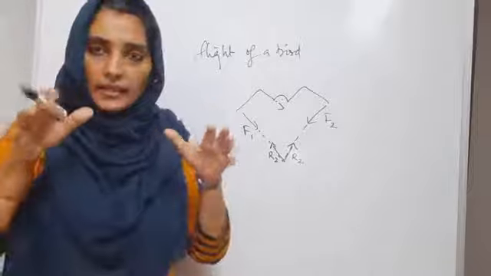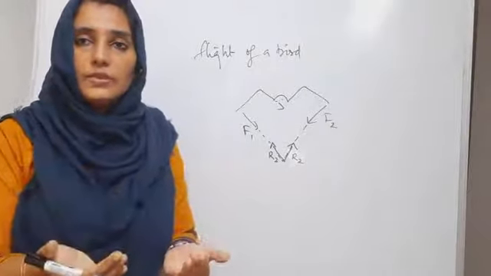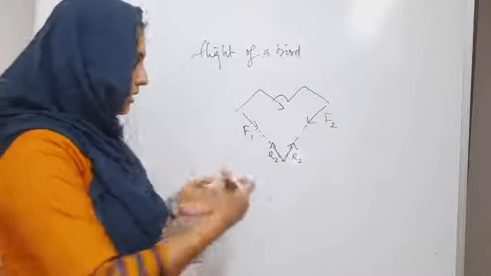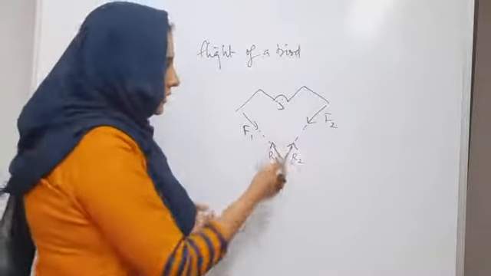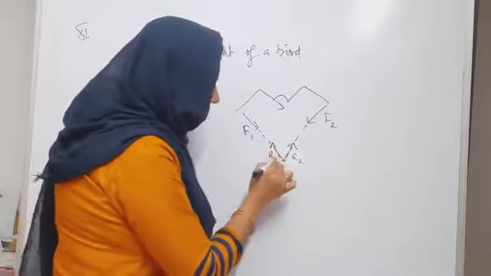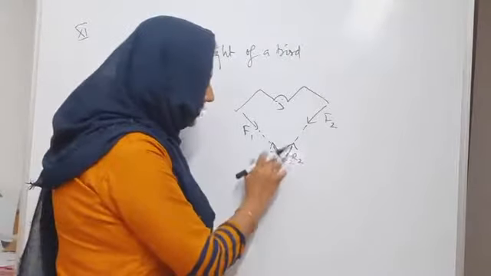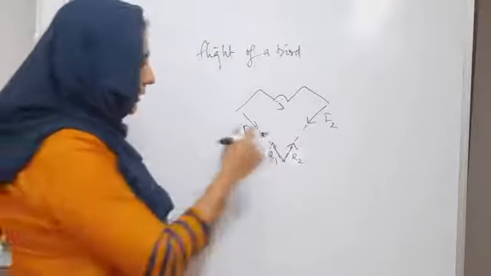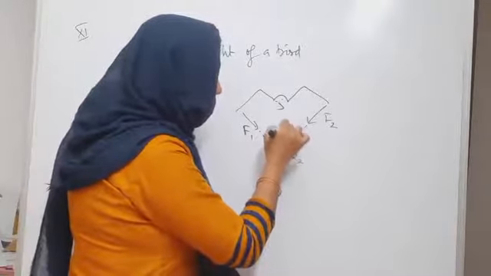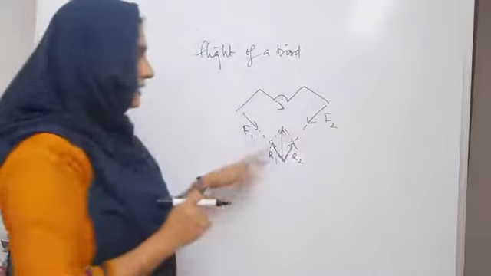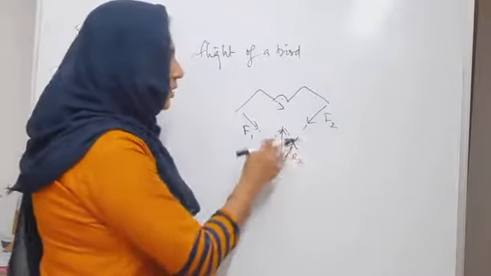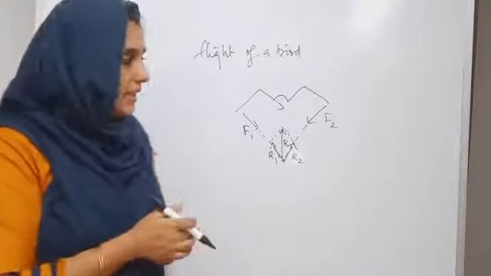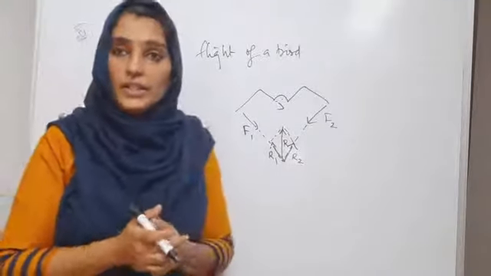As the air is pushed downward, there is an equal and opposite reaction force, which pushes the air upward in the opposite direction, the reaction forces R1 and R2. These two reaction forces have two different directions. So when you complete the parallelogram, you can have the net or resultant force acting in the upward direction, which helps the bird to lift off easily. So this is an application of addition of vectors.